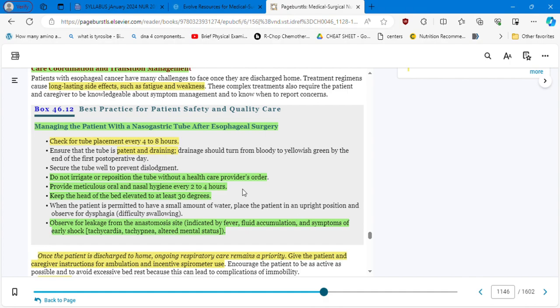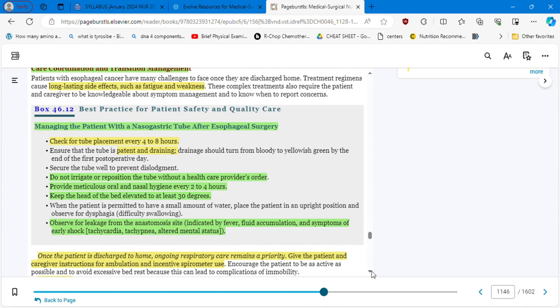So that's why you provide meticulous oral and nasal hygiene every 2 to 4 hours. Keep the head of the bed elevated to at least 30 degrees. Observe for leakage from the anastomosis site indicated by fever, fluid accumulation, and symptoms of early shock: tachycardia, tachypnea, altered